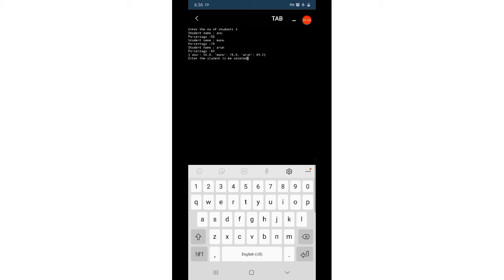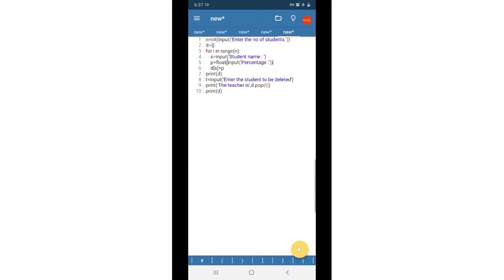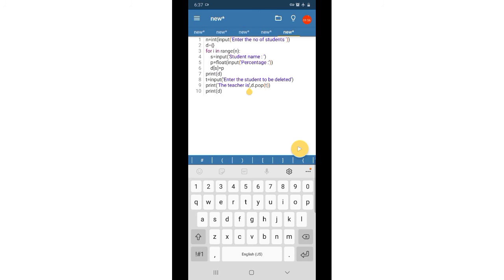Now enter the student to be deleted. Suppose delete Anu. No need of printing it.